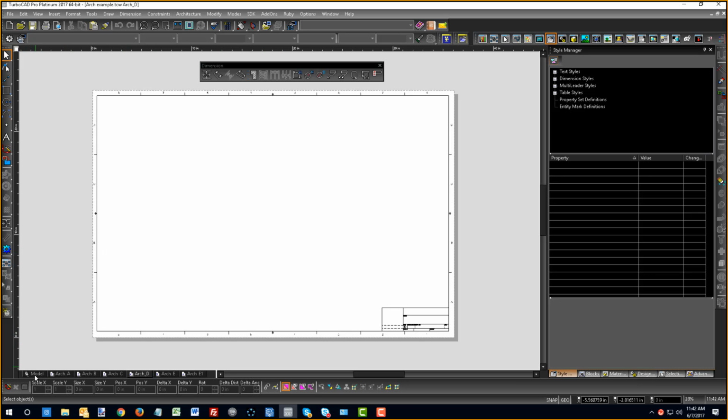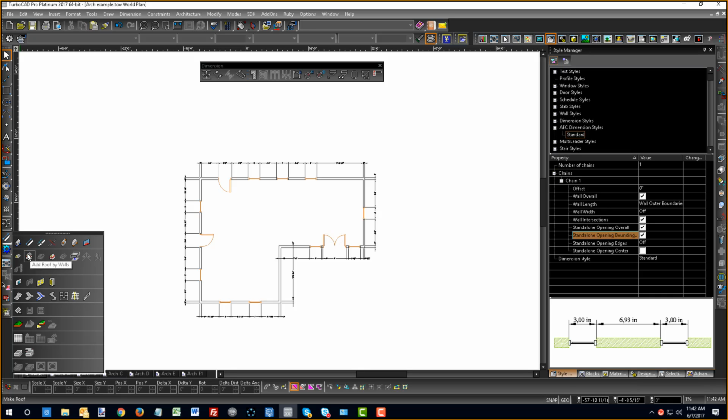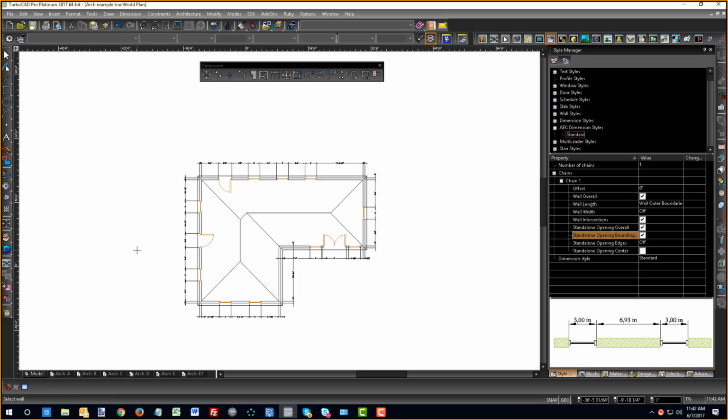So after that, let me go back to my model space, and I'm actually going to quickly slap a roof on here because I'm going to talk about viewport properties. So we'll do roof by walls, and I'll just outline my walls here. Notice the highlight, I'll right click and say finish, and I've got a roof on my building now. So now I'm ready for sure to print, and what I'm going to do now is something called